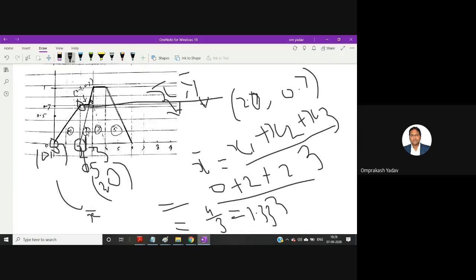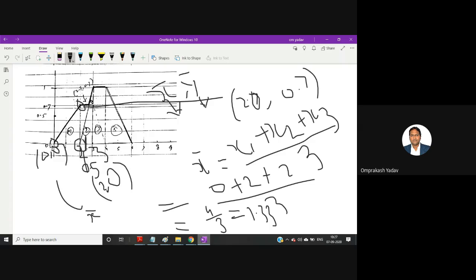If this is a triangle, we can directly calculate by using the formula, so we don't have to worry at all. But this is a rectangle, so we can take the middle point of this one. Middle point of this one is what? 0.5 first of all. From this particular point to this particular point, how much distance? It's 0.5.